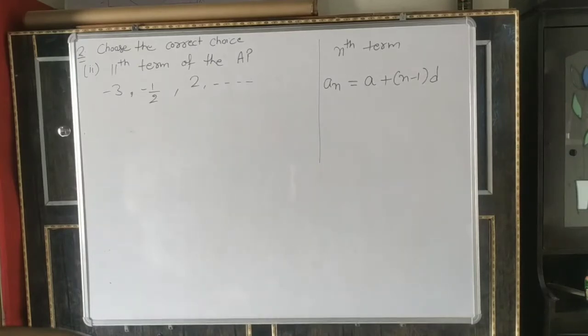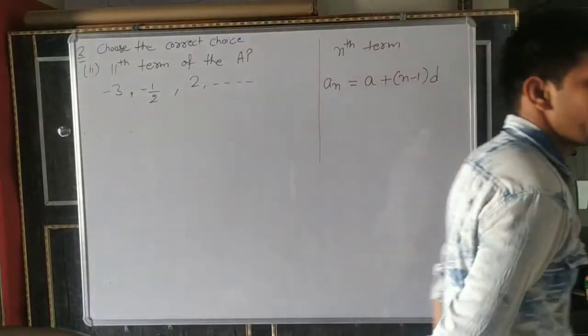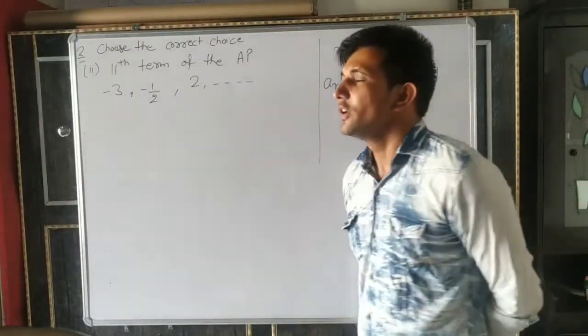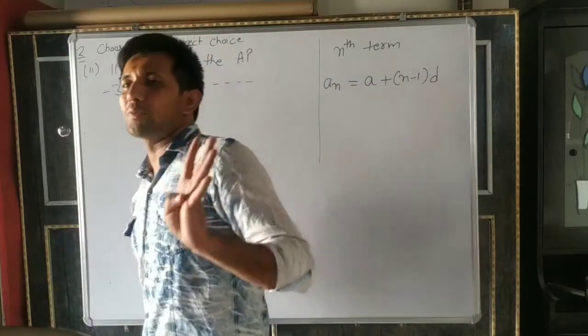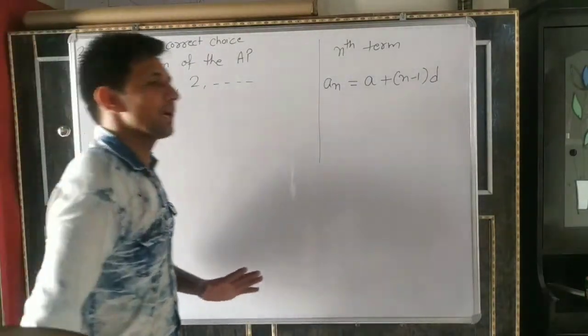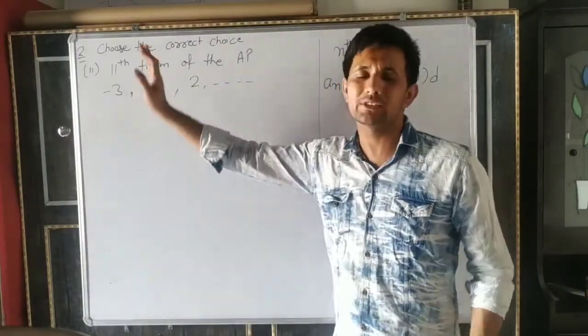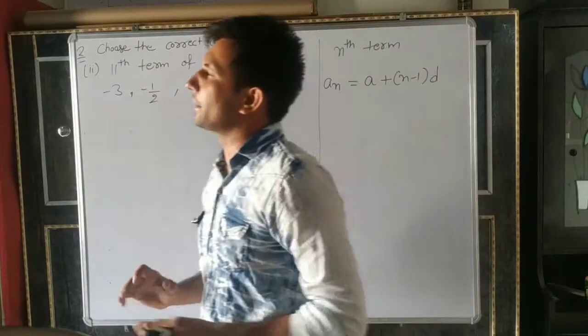Now dear, second question. In the second question there are 2 parts given, part 1 and part 2. In every part there are 4 options given. We have to choose the correct one. First and second parts are both the same. First part you have to do yourself. We are doing the second part. Look at what the second part is.